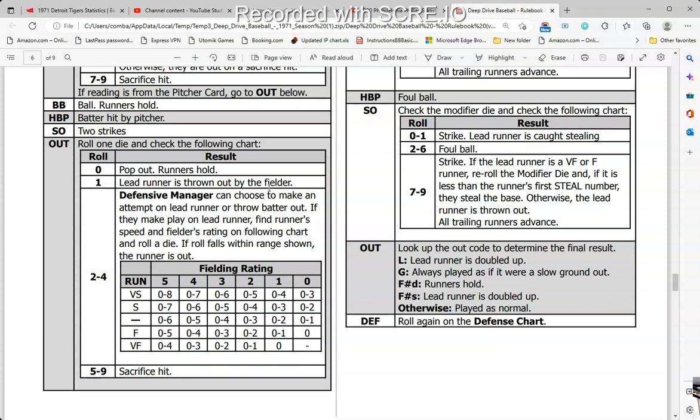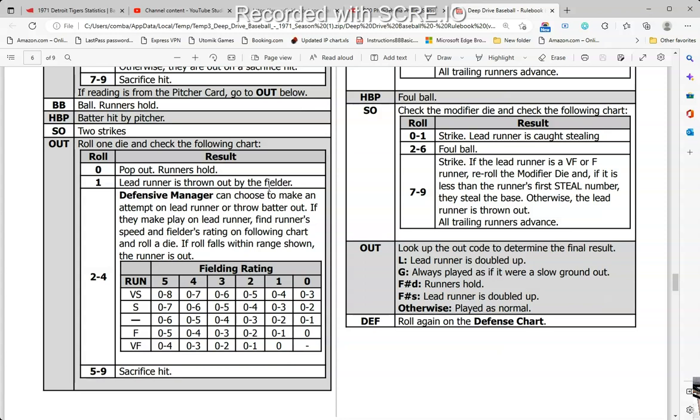And that's going to be between 2 and 4. Then between 5 and 9, it's basically a hit. So the simplicity of it, when it's an out, most of the time, if there's an average guy running and it's not a very slow guy, and remember, with you on your 9 players, and I showed that in my earlier video, I just picked a random team and I went over